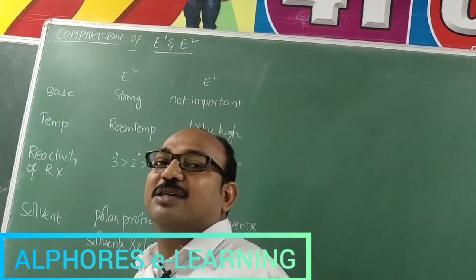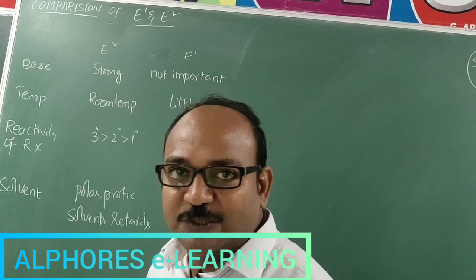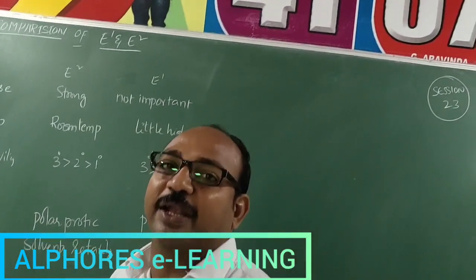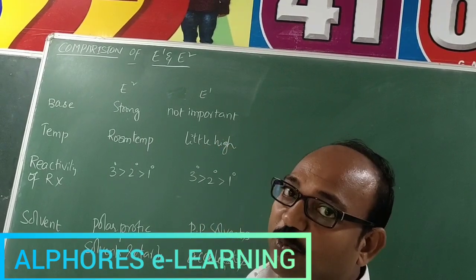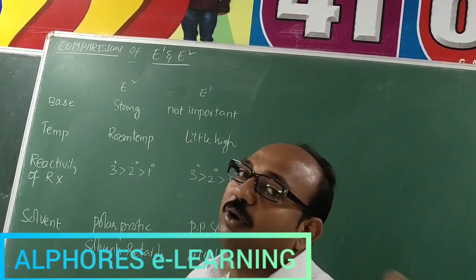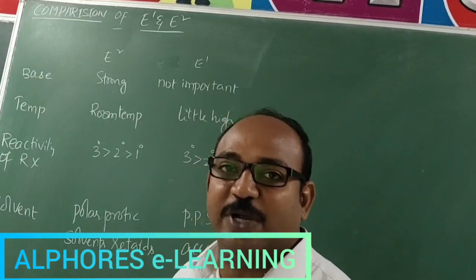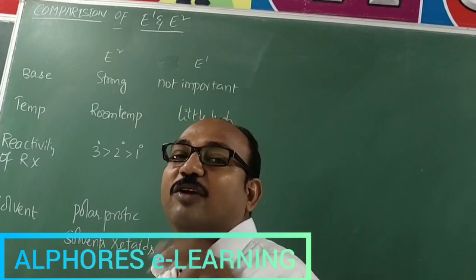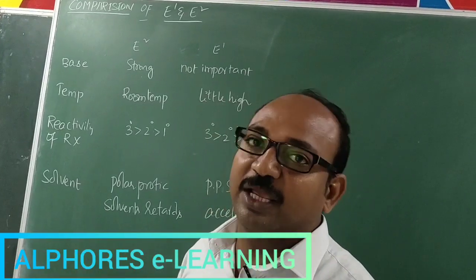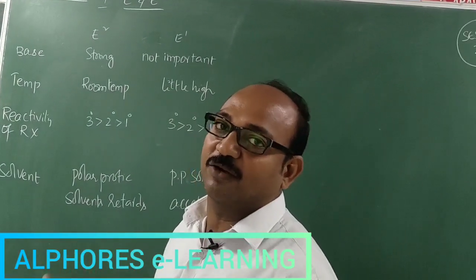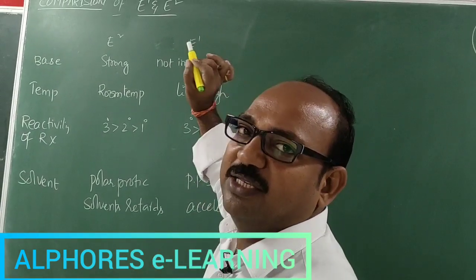But remember that sometimes, in the case of carbocation rearrangements and ring expansions, we need to provide heat energy. Don't forget that, and don't think that because we are providing heat energy the elimination product takes place there. No, not like that. Whenever rearrangement and ring expansions are there, they require certain energy, and in the question it will mention heat only, but it is not going to mention any temperature like hundreds of degrees Celsius.